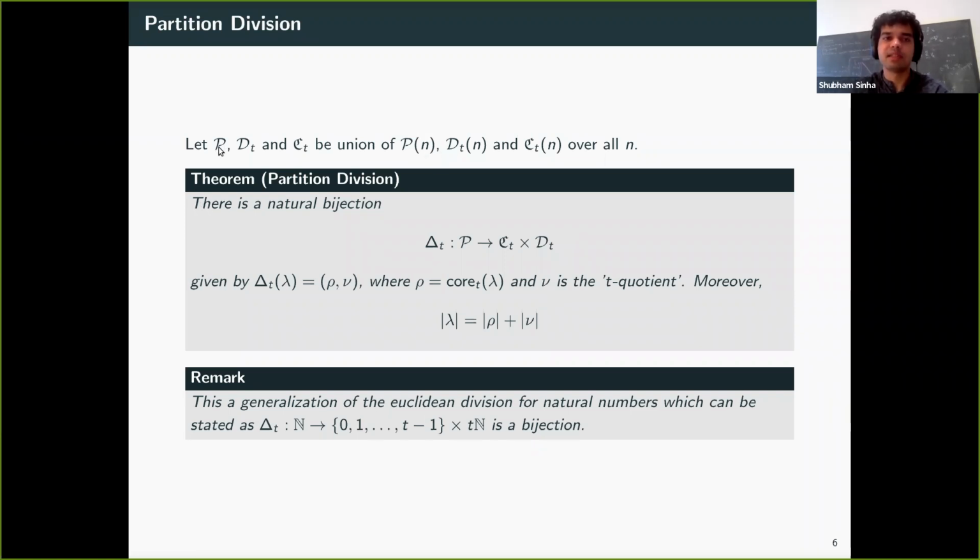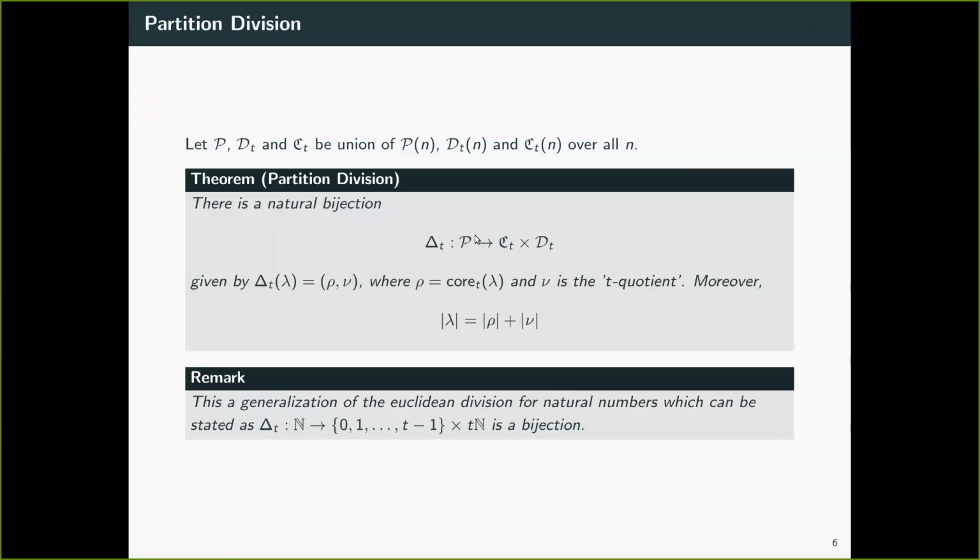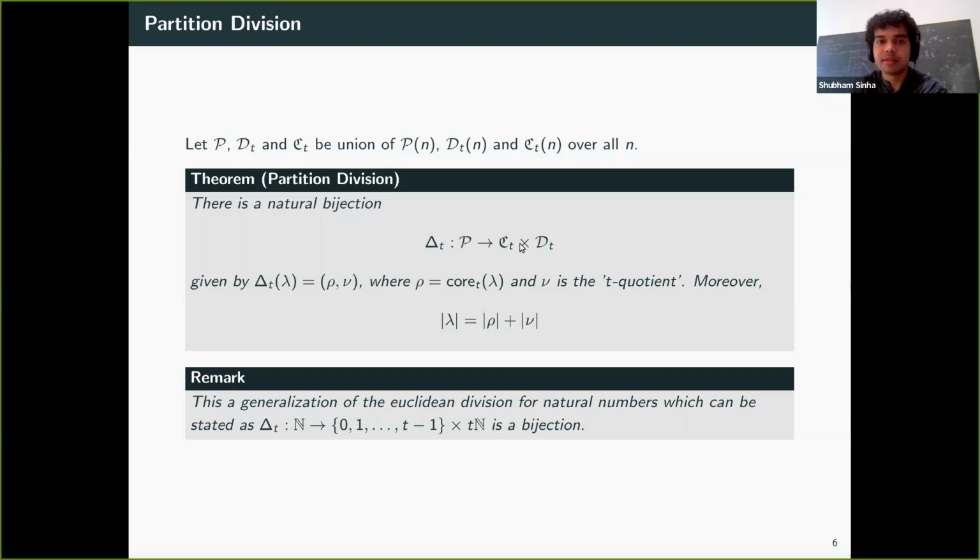So P is now the set of partitions, D_T is the set of T divisible partitions, and C_T is the set of T core partitions. Then there is a natural bijection delta_T between the set of partitions and the Cartesian product of the set of T core partitions and the set of T divisible partitions, where the bijection is given